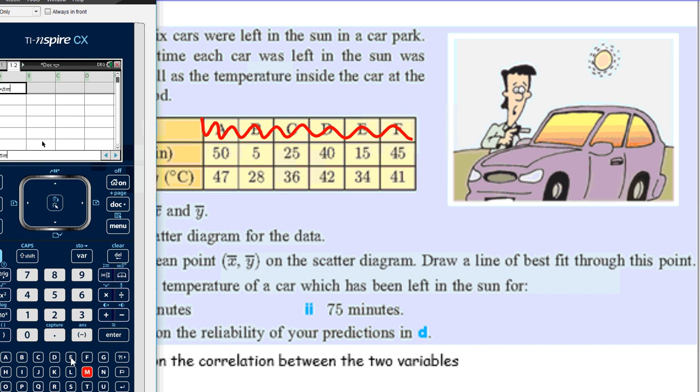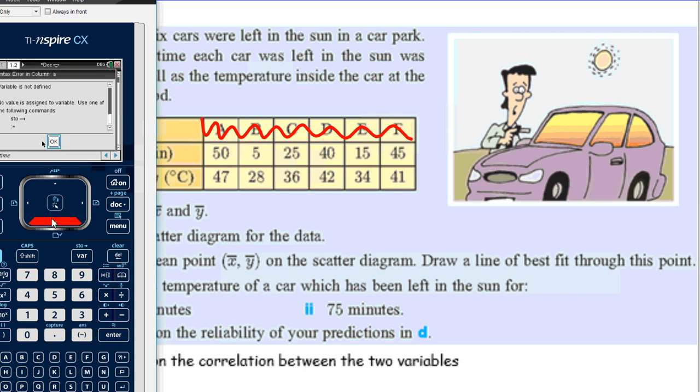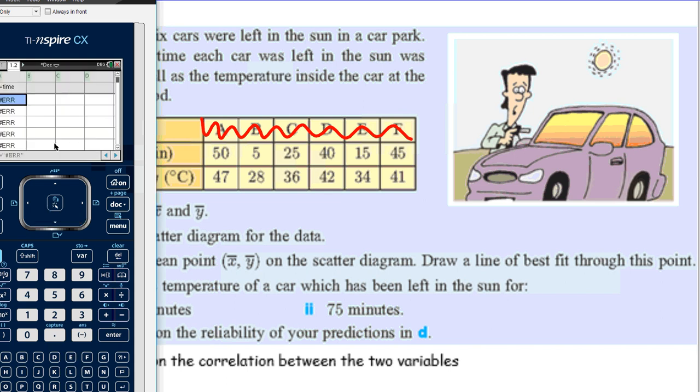Okay, variable not defined. I think I did something wrong. Oh yes, I see what I did wrong. I tried to put it in here, but I should be typing it up here. Sorry about that. So time,